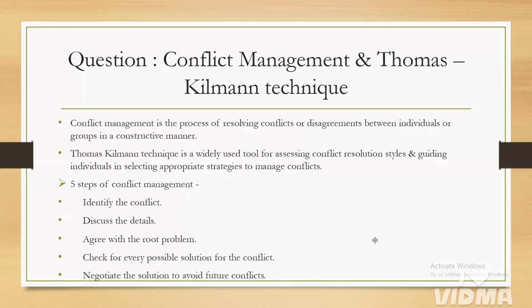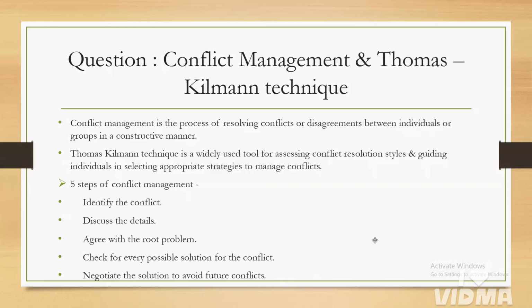So when we are using this Thomas Kilmann technique, we have competing, accommodating, compromising, and two other modes. You just go through those things. Based on that, we will be deciding whether it is compromising, or avoiding, or accommodating, or competing. Okay, so we need to decide that, and we need to solve the issues in our organization. Okay,